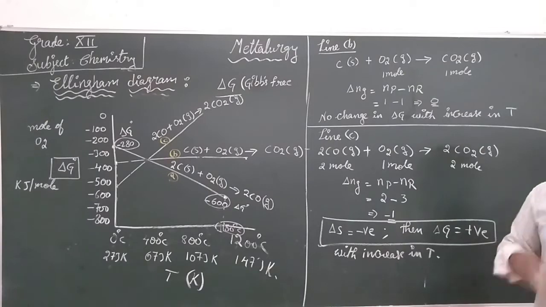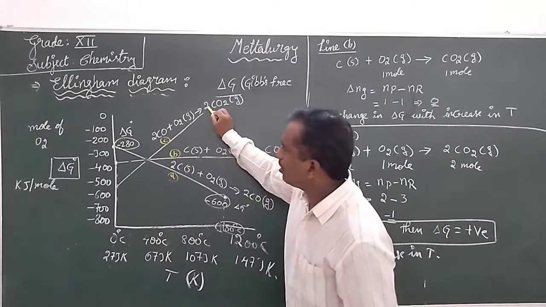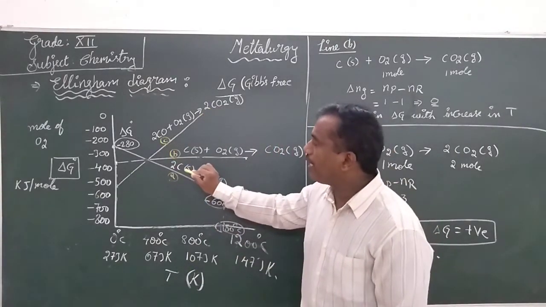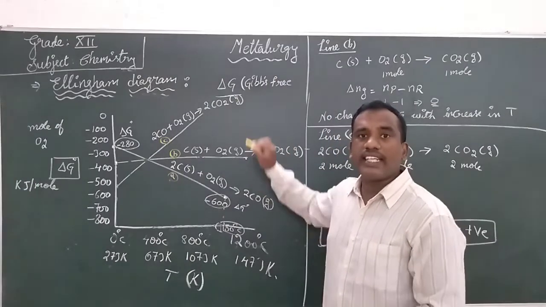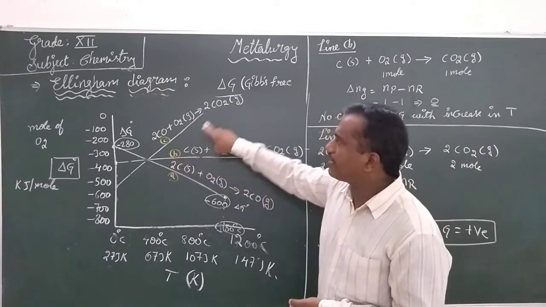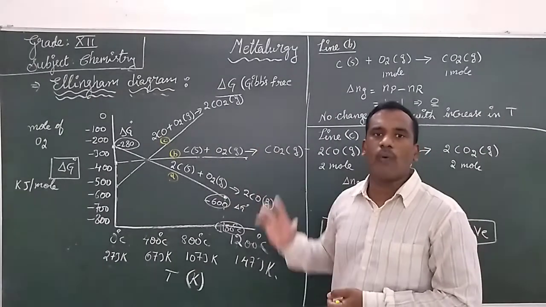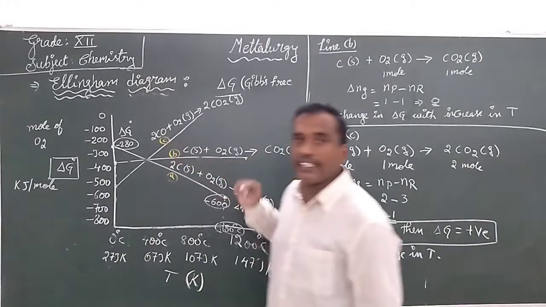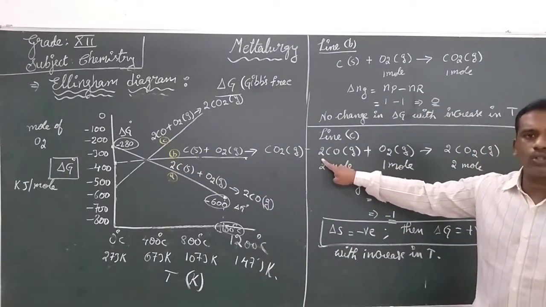Let us take up the line C. This is the line C. In this line C, it is going on increasing. Why is it increasing? The line is not going in a straight line as previously. It is having a positive slope. We can call it a positive slope. Why so? What is the reaction on this line C? You can observe 2 moles of